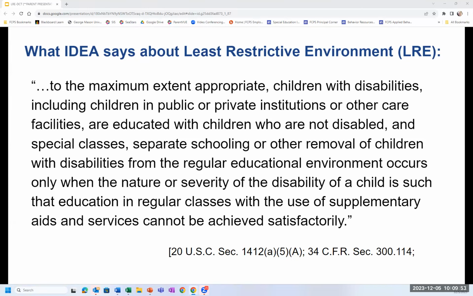The IEP team must justify decisions to remove a student from the general education environment. IDEA requires school districts to place students in the least restrictive environment. And it is the IEP team who determines the LRE for each student based on the student's unique needs.